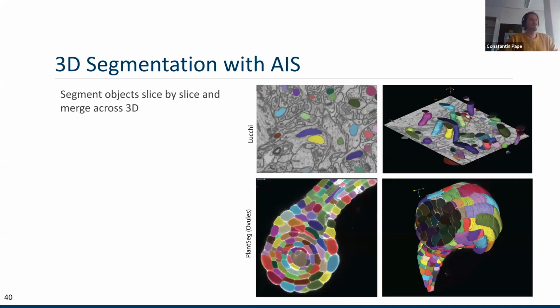Then the next thing we did, which was also actually a new methodological contribution, is to extend this to 3D segmentation. This is done fairly naively, basically by segmenting the images slice by slice. So we either do automatic segmentation or this prompted segmentation for each slice, and then just stitch the segmentation results together. This is what you see here for automatic segmentation, here for a mitochondria segmentation problem,